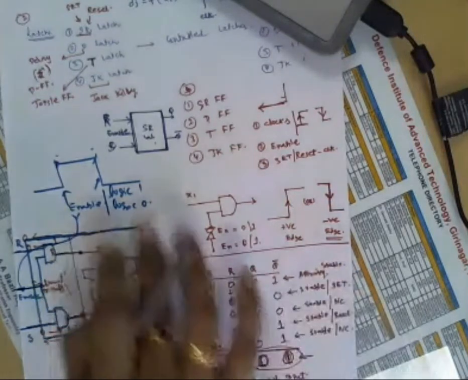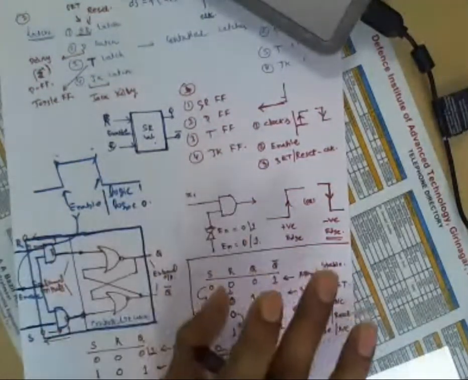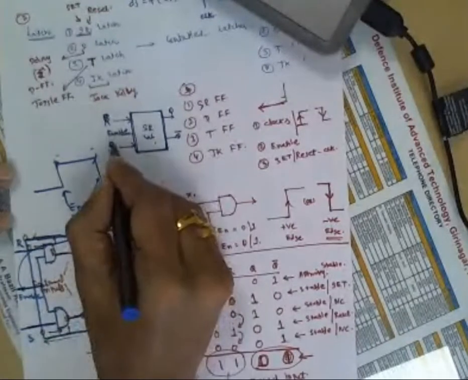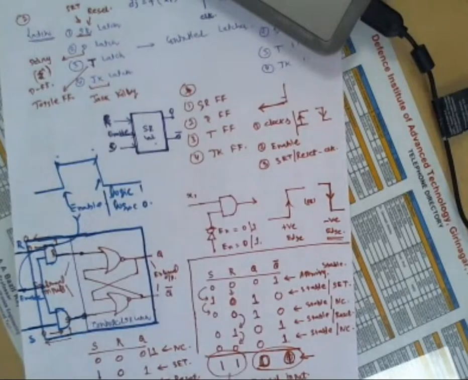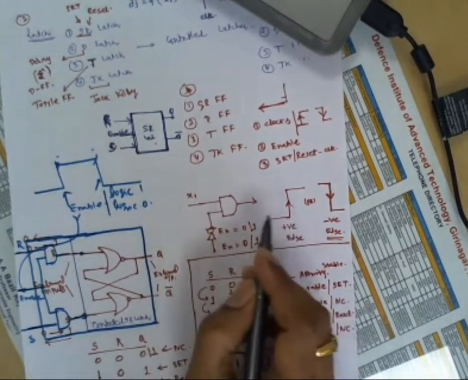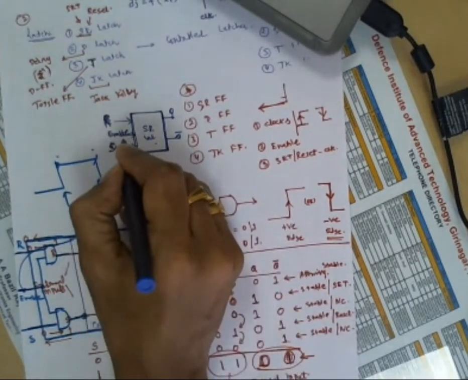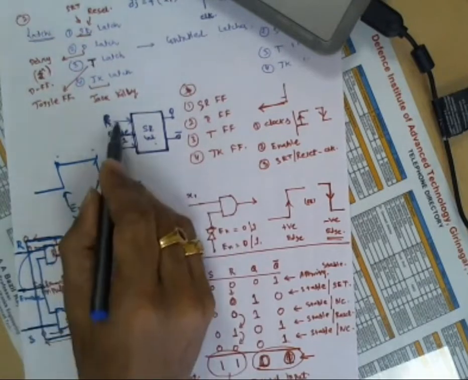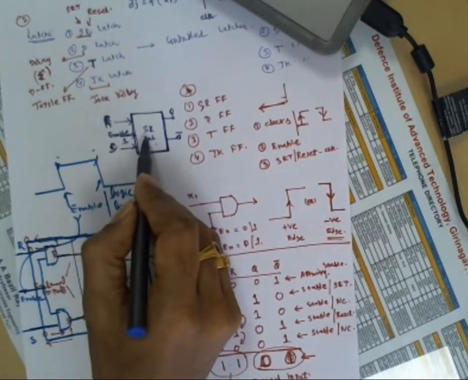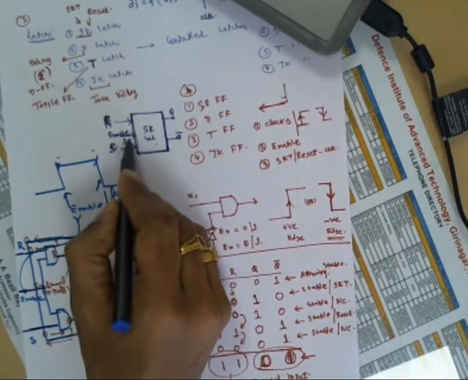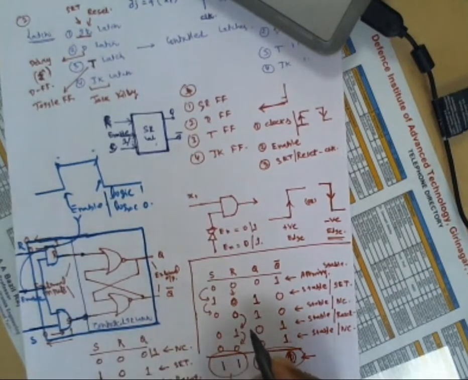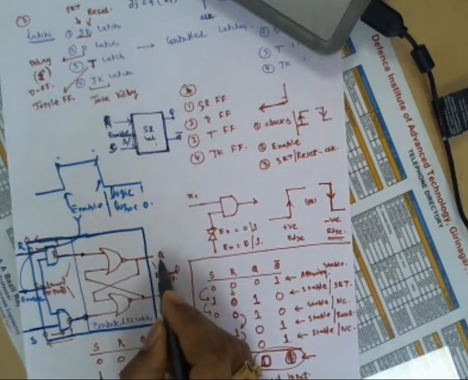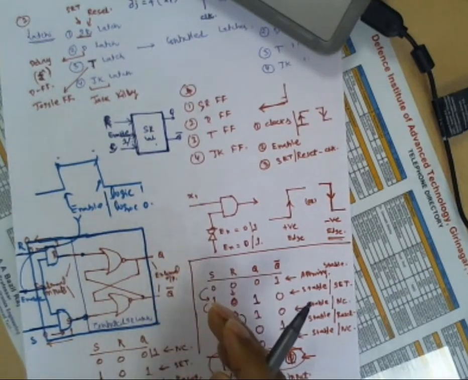In order to draw the circuit every time, we go for the block diagram representation. So S is an input, R is an input. Now we incorporated one additional input called enable. As we have seen yesterday, whenever enable is 1, only then will these 2 inputs go into the subsequent section of the internal circuit. In case it is 0, nothing will go inside. That means only 0, 0 will go inside. 0, 0 means no change, which we have seen. It will not affect the current output of Q and Q bar.